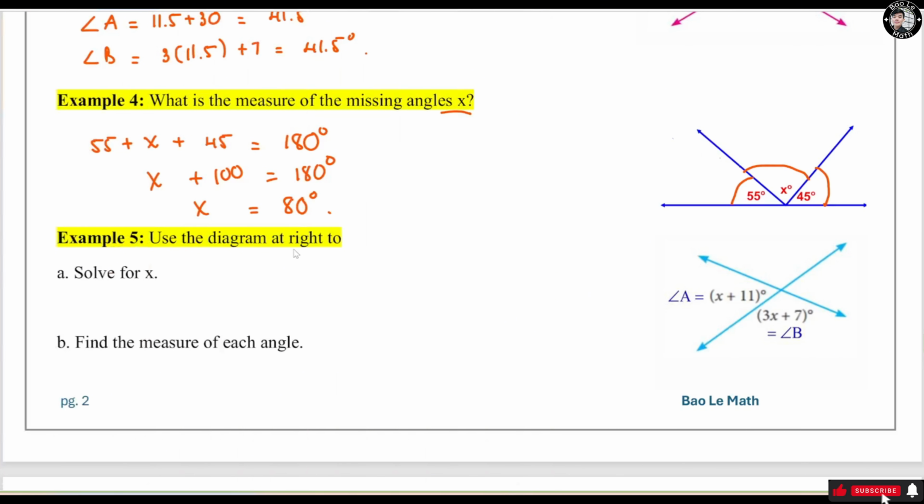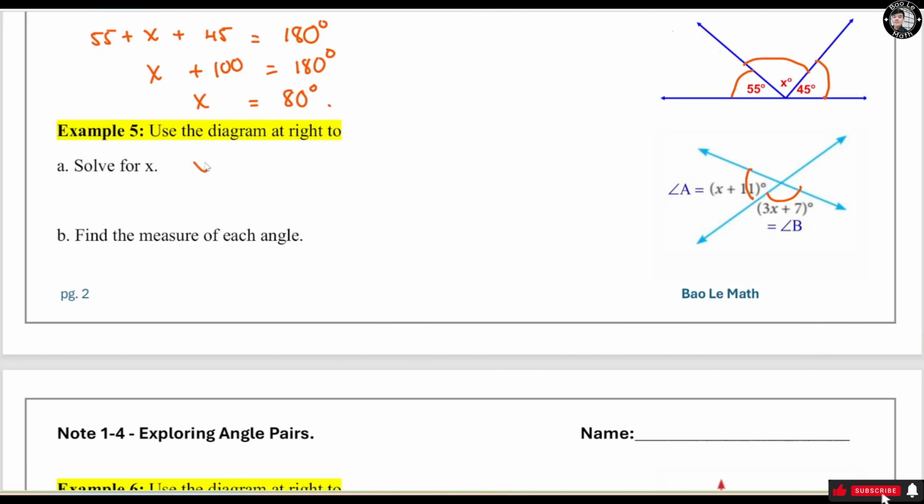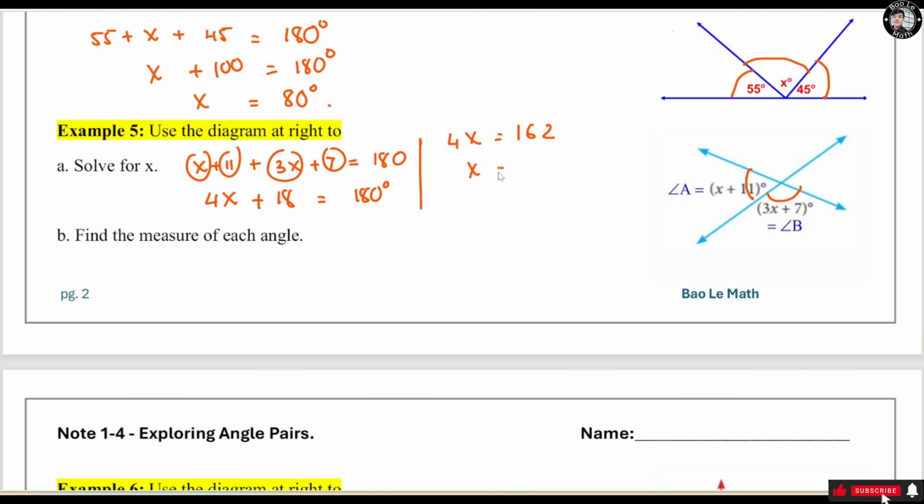Now example number 5. We're going to solve for s using this diagram. This angle right here and this angle right here are a linear pair. If they are a linear pair, they add up to 180 degrees. So s plus 11 plus 3s plus 7 equals 180. Combine like terms: s and 3s make 4s. 11 and 7 make 18, equals 180 degrees. Subtract 18 from both sides, so we have 4s equals 162. Divide both sides by 4, so s equals